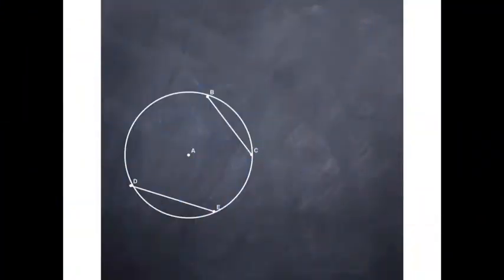Hey, guys. So you need to remember the theorem that says if you have a perpendicular bisector of a chord, so we're looking for the midpoint of the chord, and then we're going to draw a line that is perpendicular to that chord through